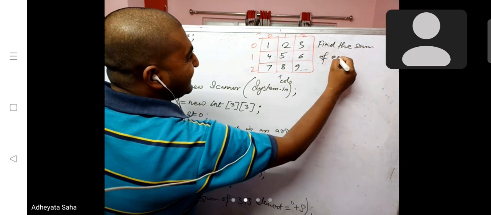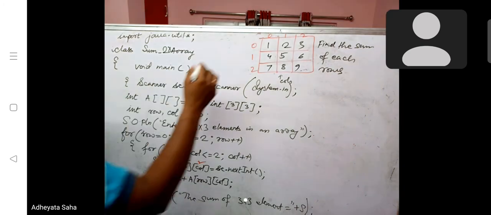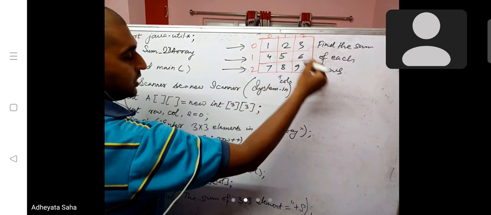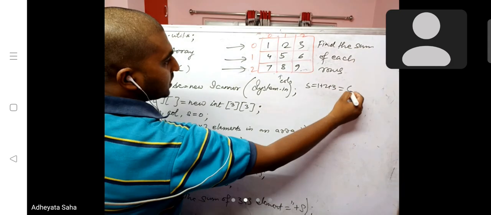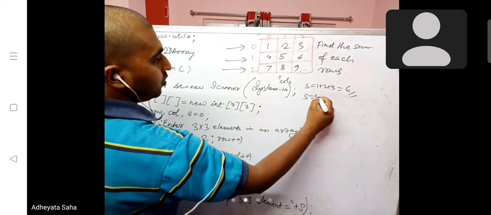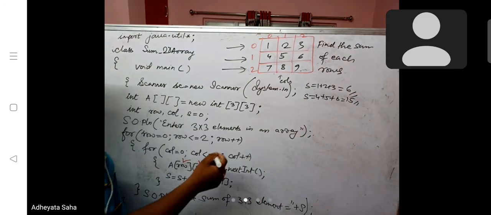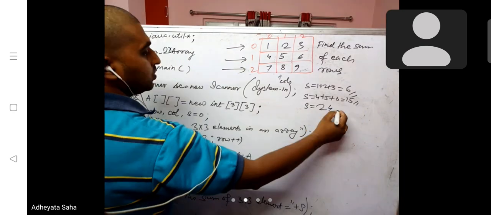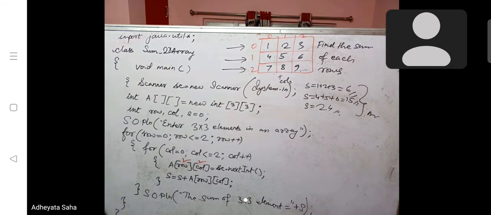of each row. So, what are my rows out here? This, no? So, at first your output will be 1 plus 2 plus 3, that is, your sum will be 6, and 6 will be printed. Then the second row sum will be 4 plus 5 plus 6, that is 15. And then in the third row it will be 24. So these are the outputs. There will be 3 outputs in this question.